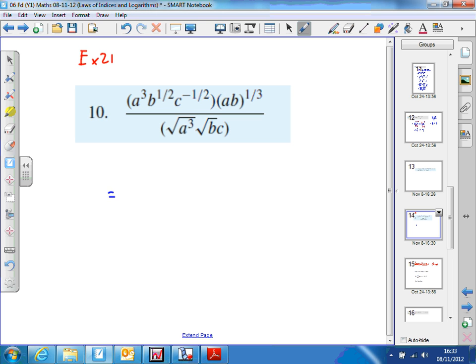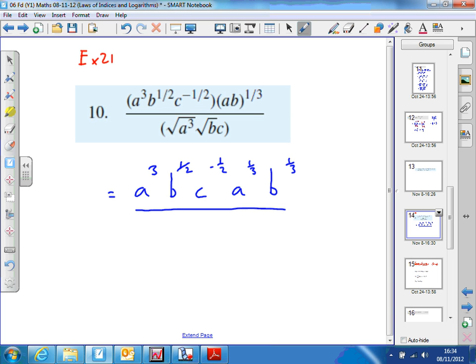So let's rewrite the top as it is already, a to the cube, b to the half, c to the minus a half. If we look at this next one, if we look at the bracket, what that's telling me is the a and the b are both to the power third. So multiplying out this bracket, that's telling me that a is to the power third and b is to the power third. So if there's a bracket there, it means the whole lot is to the power 1/3. Over,